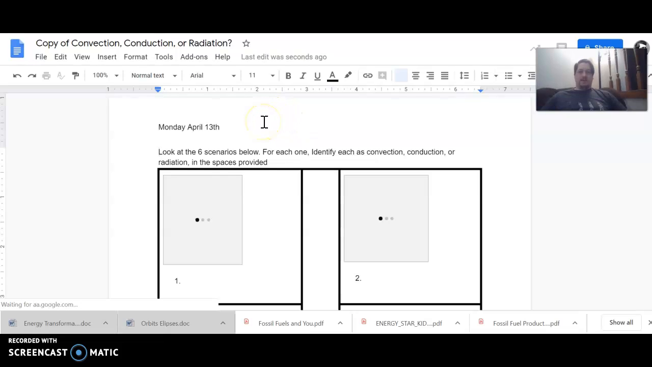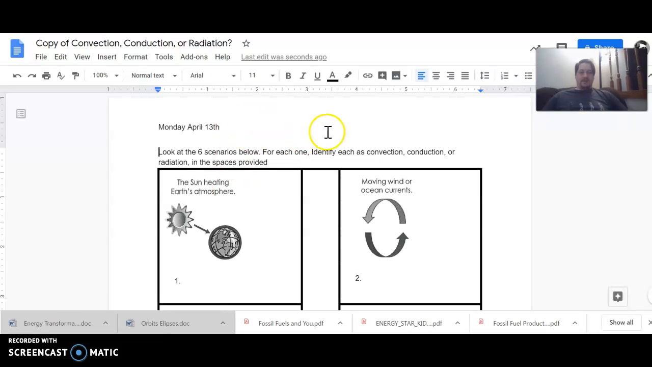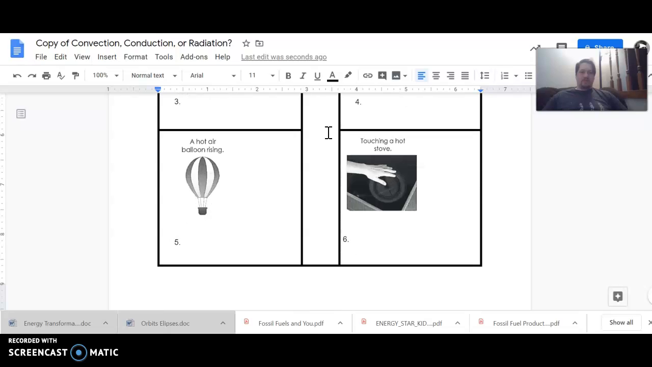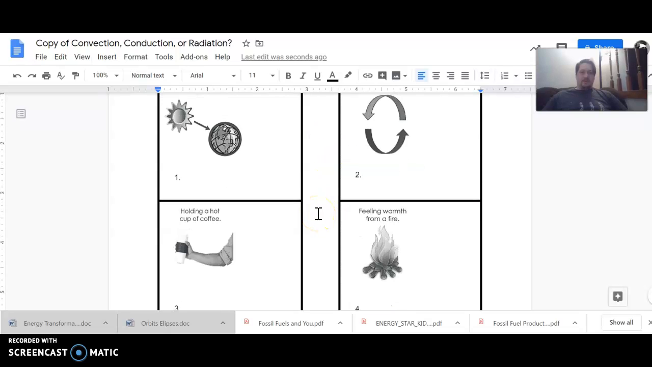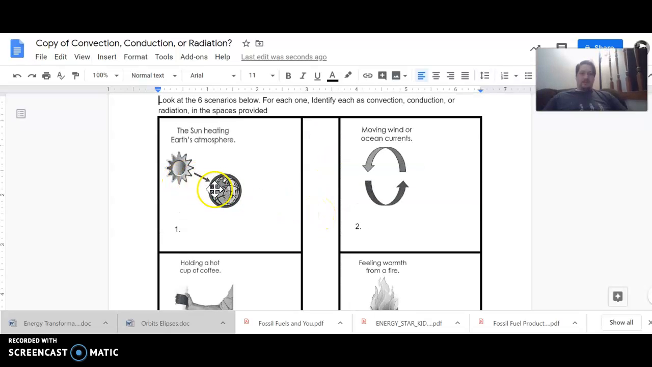It says look at the 6 scenarios below. For each one, identify each as either convection, conduction, or radiation in the spaces provided. So you see we've got kind of like our foldables we've done in class before. Look at this image here, the sun shining down on the earth. Enter your answer here. When you're done, make sure that you share, copy the link, and paste it into the